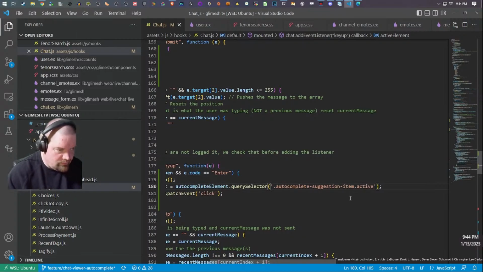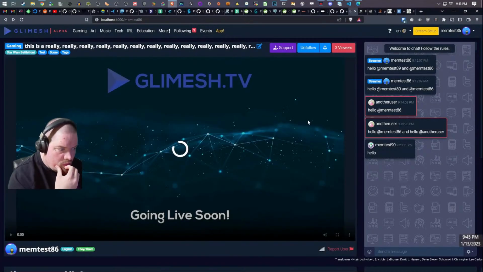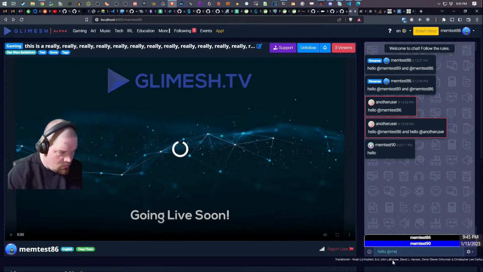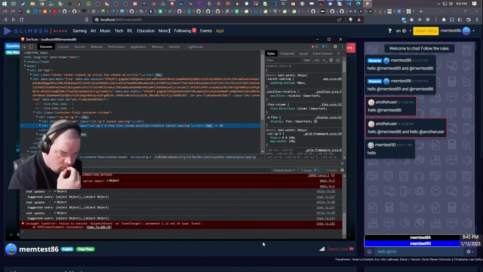Probably like that. Okay, that's still not quite working. Failed to execute dispatchEvent on EventTarget: parameter 1 is not of type Event.